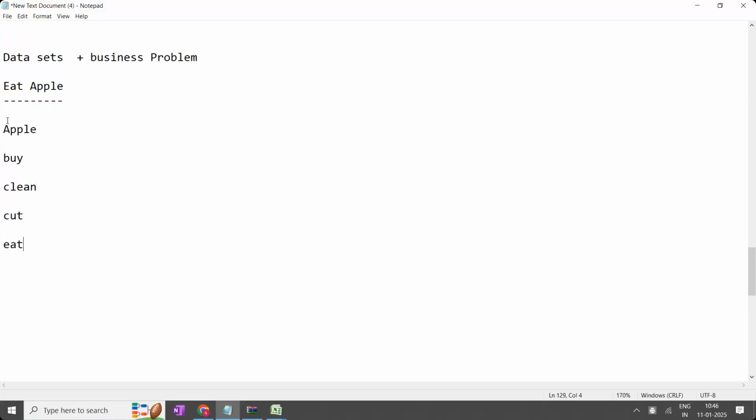Example purpose. Okay. So first you have to identify where the apples are sold. You have to identify that location, wherever it is sold. In that, you have to identify a good apple. You only have to select good apples. You have to identify the apples that are available. You have to select them properly. And finally, you have to purchase them.